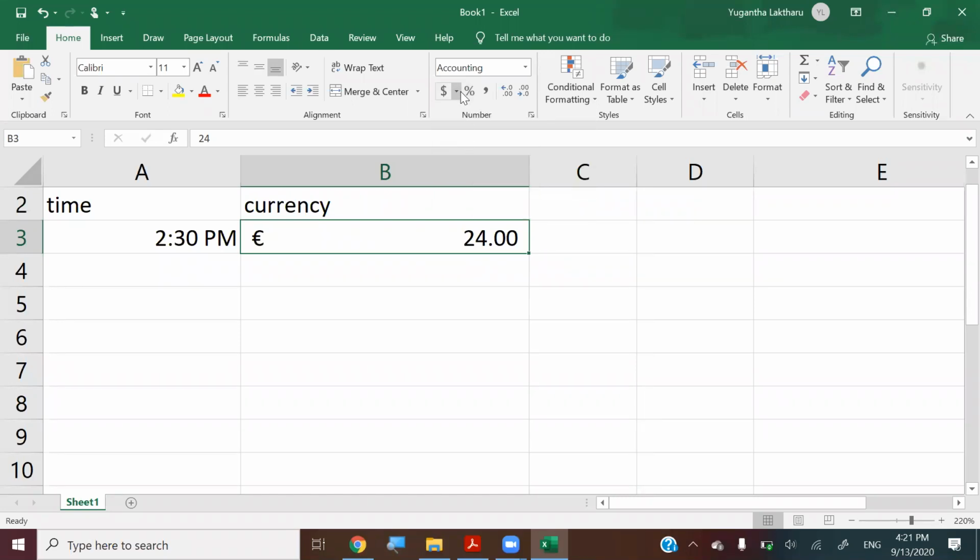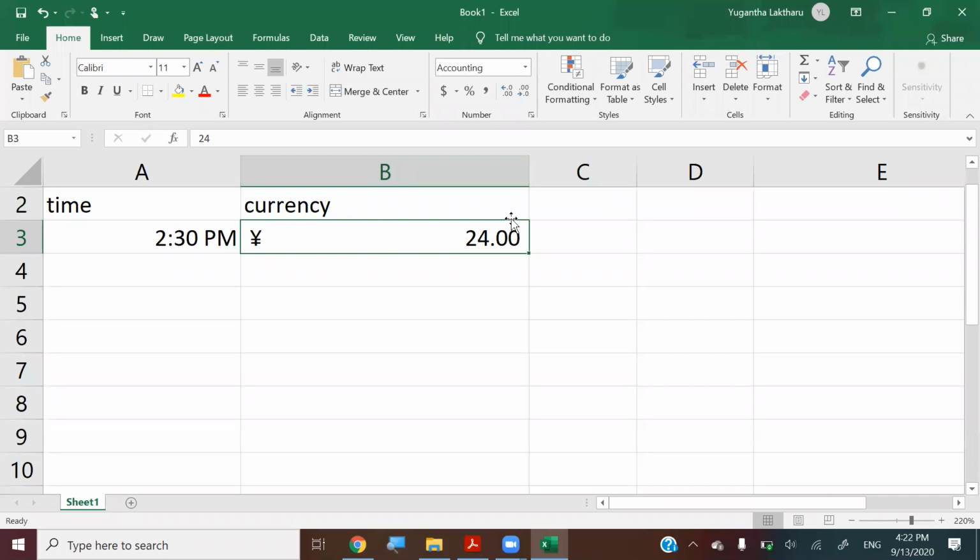So you can change what the currency type is that you can use, right? And again, there is a difference between currency and accounting format. Like you can see the symbol is moving from the right to the left side when you are formatting this as account type, right? So now the type is accounting, so your currency symbol is at the left and the figure